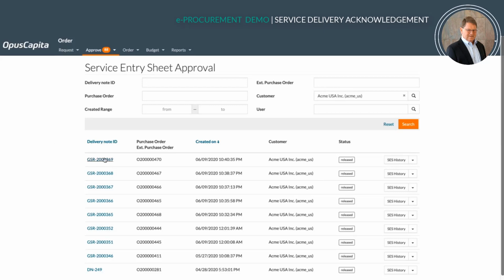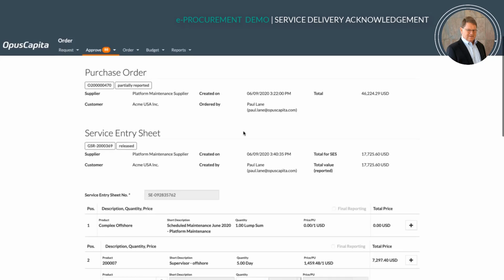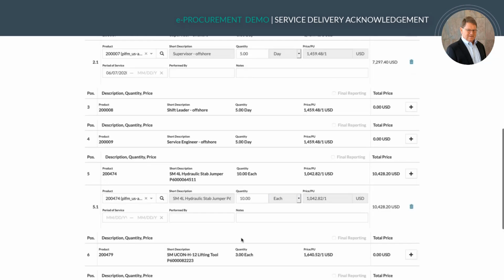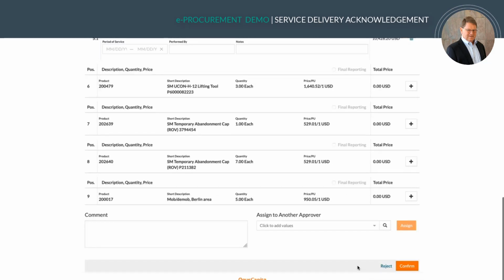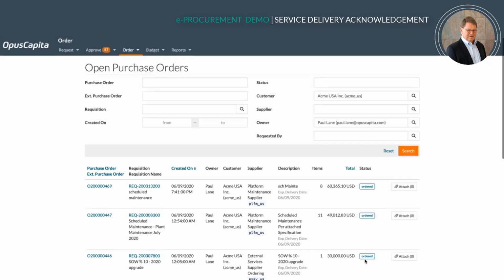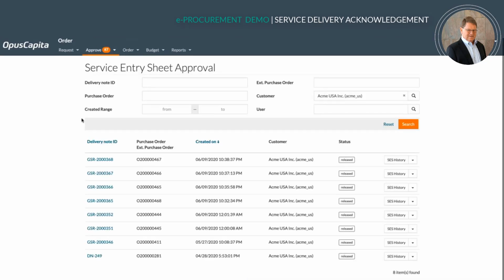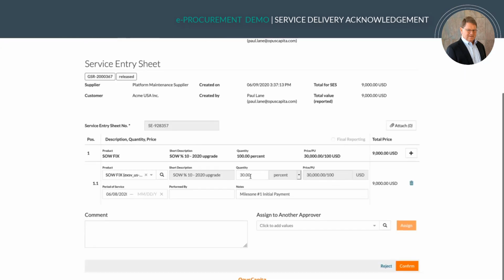And so I can look at, for instance, this one here. And I can see here are the items that were submitted for that complex order. And I can go ahead and either reject or confirm it, assign it to another approver, etc. So in this case, I'm confirming it. And then I'm going to look at my next service entry that I need to approve. And hopefully this one here is, for instance, my percentage of my milestone on my statement of work, and